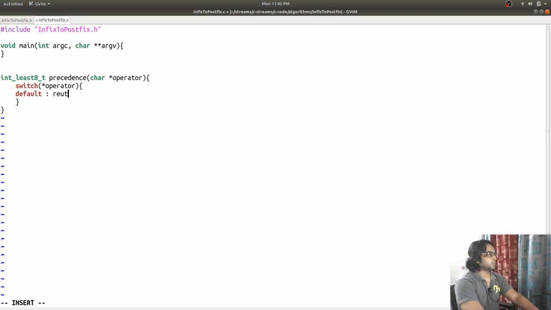default return -1, case negative or case positive. Is going to return 1.